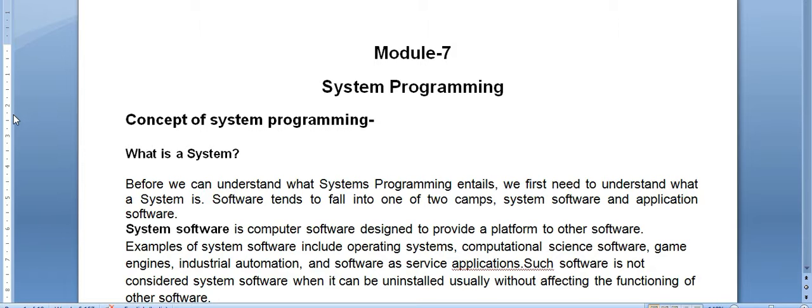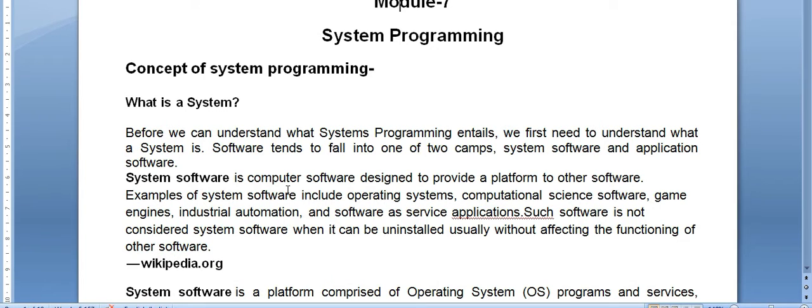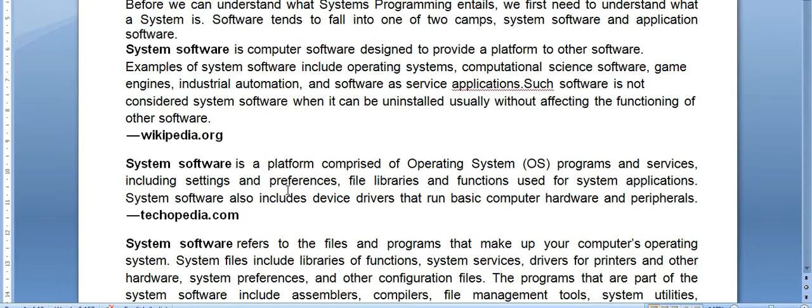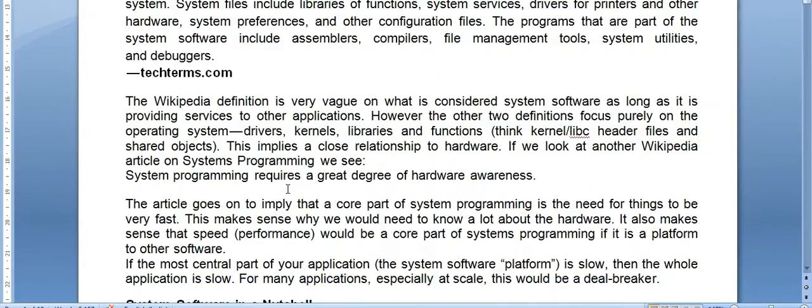A system is comprised of different primary elements like architecture, modules, components, interfaces, etc. Here we can see that there are various definitions of system software, application software, etc.